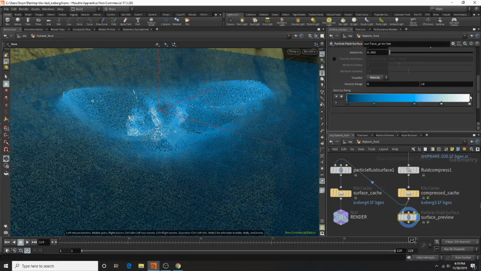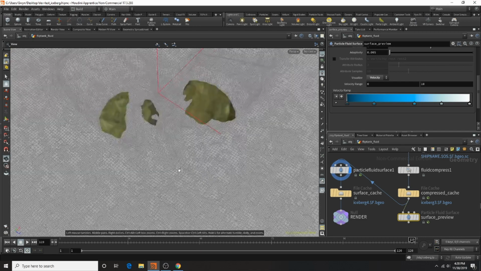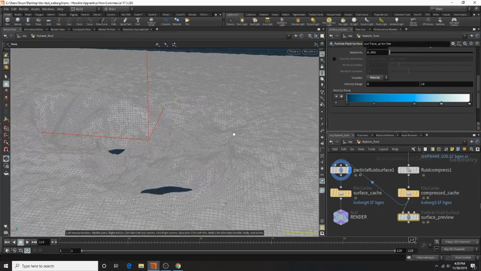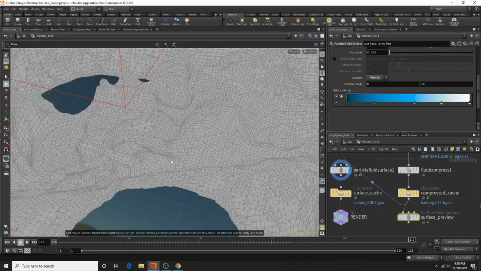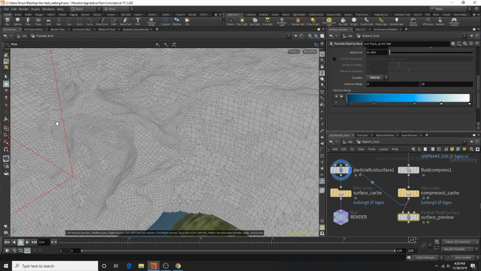And you can see where the highest velocity would be here, and the lowest velocities will be out here because the velocities from the iceberg collapsing have not transferred over into those particles yet. If we look over here at a particle fluid surface, we can see something interesting has also started to happen. We see that it's created this mesh over all our particles to a point where we actually can see how thick our particles are in our simulation and where they are going and how it's going to look